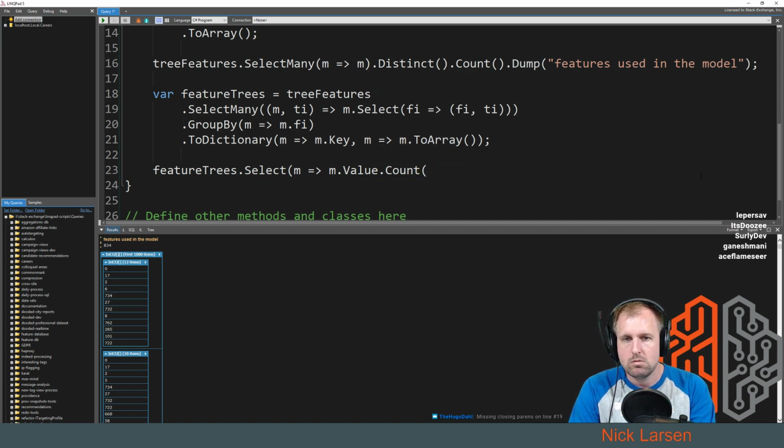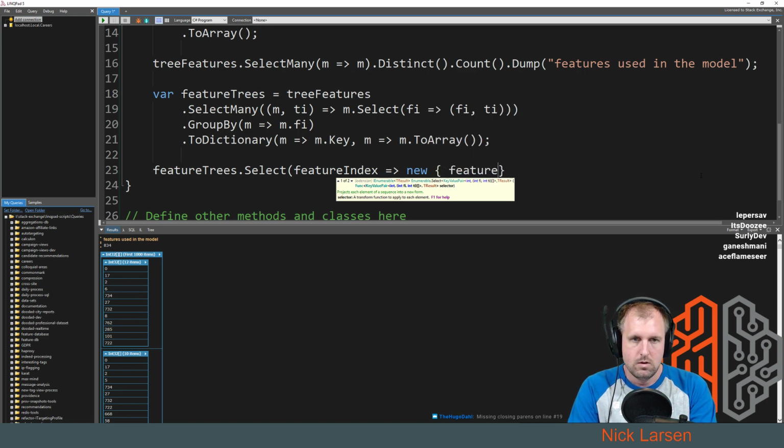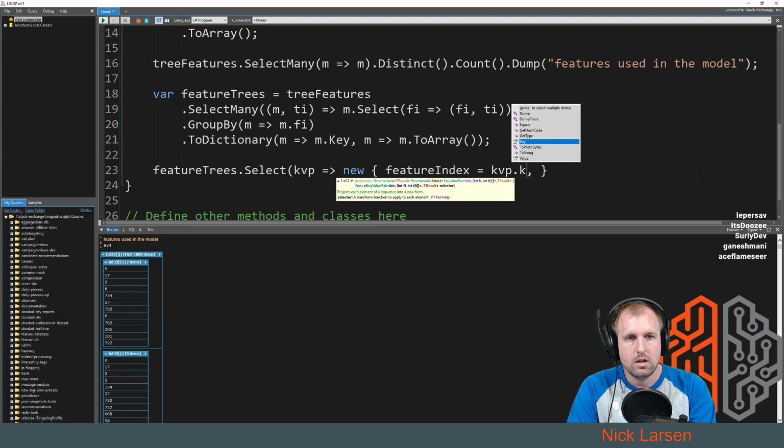Nope. New feature index. New feature index. I'm just really bad with naming. kvp, feature index equals kvp.Key